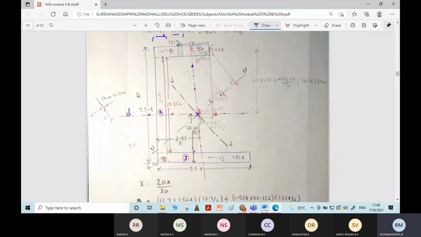Overall depth is 25.4 mm, minus 1.524 on either side. If you do that, you will get 22.352 as the clear depth of the web of the channel section. So the area will be 1.524, the thickness, multiplied by